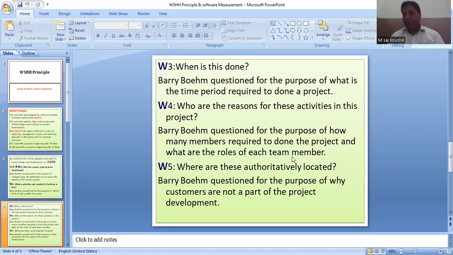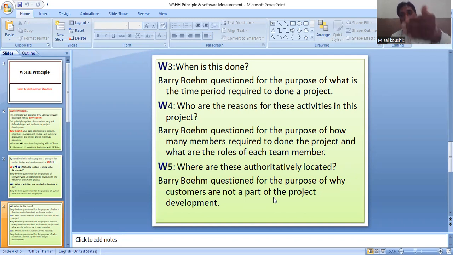Question number 5, means W5. Where are these people organizationally located? He has to express his feeling: why are customers not a part of the project development? The project was designed by the project manager, project developer, project programmer, and project analyst, but the output goes to customers.